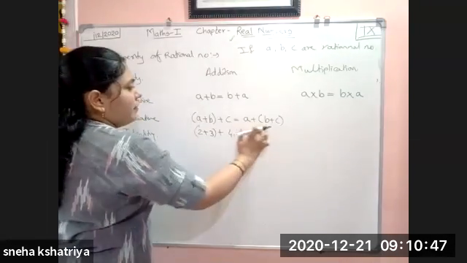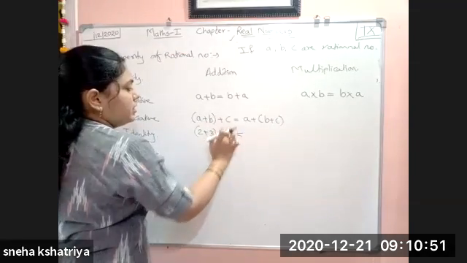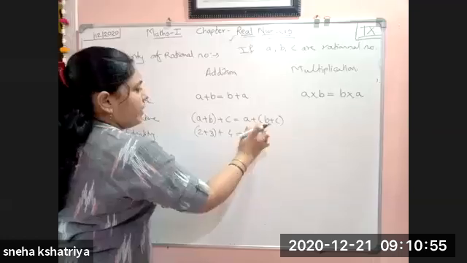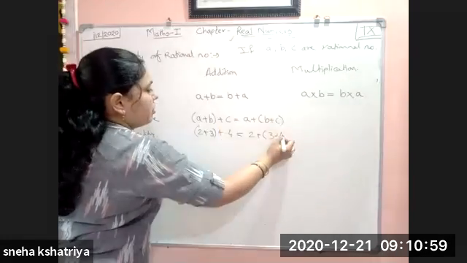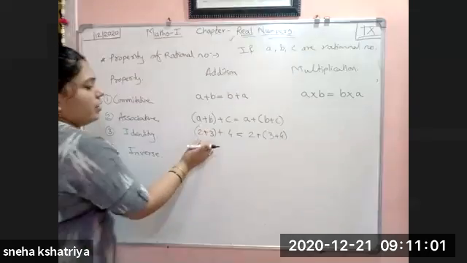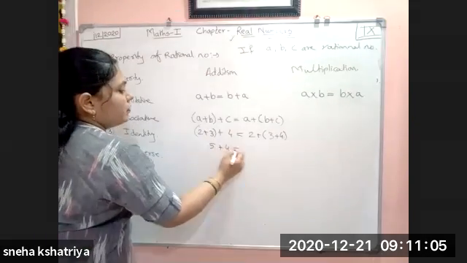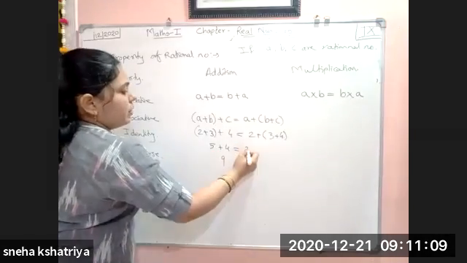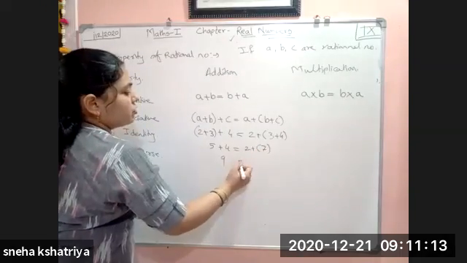Now the same, you have to take A, B, C. Here A is 2, B is 3, C is 4. So here A, it will come again 2 plus, take bracket B, B is equal to what? 3 plus C. C is what here? 4. Now solve them. First solve the bracket. 2 plus 3 is how much? 5 plus 4, how much? It is 9. 2, keep it as it is. Here, 3 plus 4 how much? 7. 7 plus 2 how much?